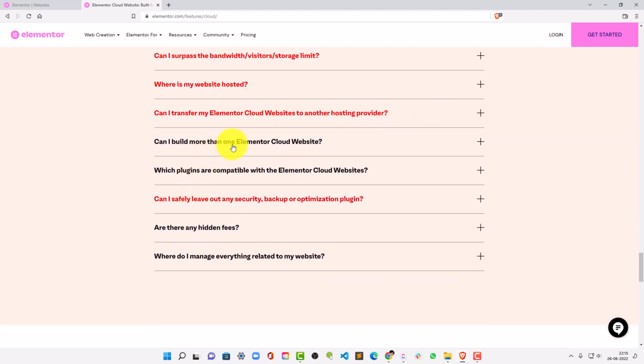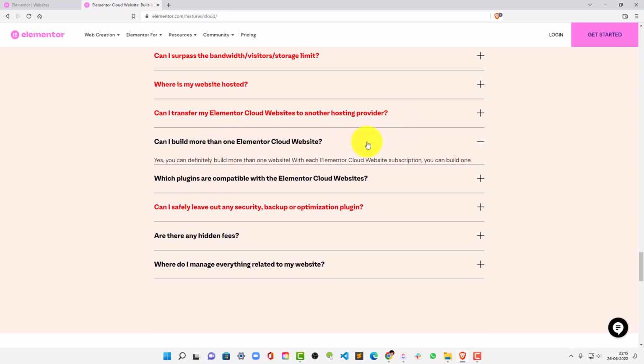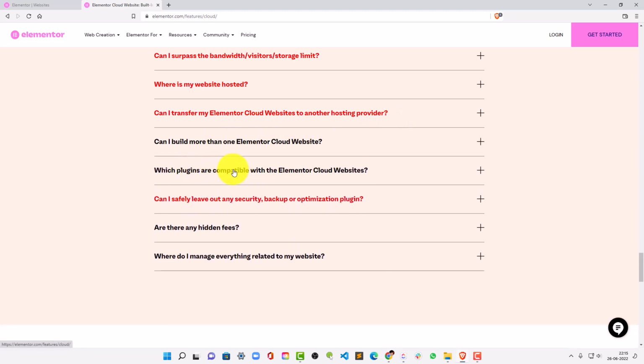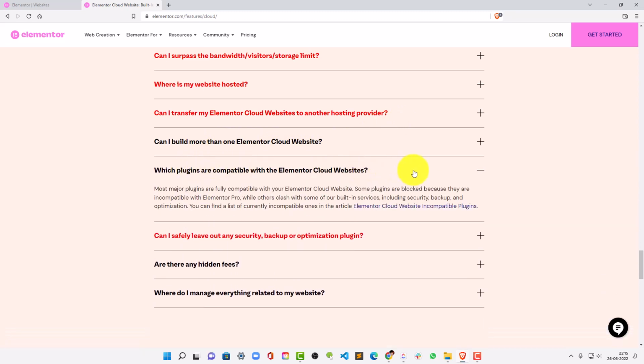And can you build more than one Elementor Cloud website? Of course you can do that. Okay, and which plugins are compatible with Elementor Cloud websites? Almost all major plugins are compatible. Okay,